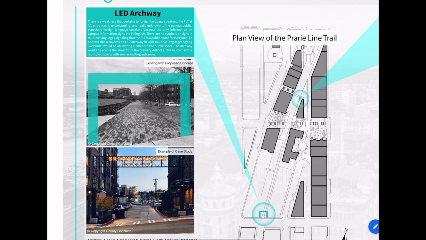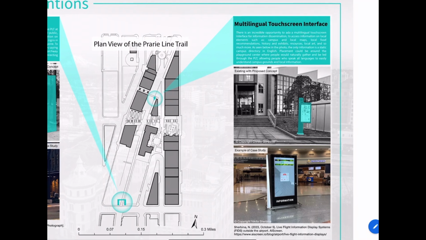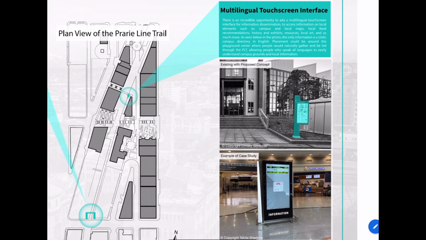To address this weakness, an LED archway lit with multiple languages saying welcome would be an inviting element to the public space. The archway would be across the street from the Brewery District archway, connecting multiple districts with similar inviting entrances. Multilingual touchscreen interface. There is an incredible opportunity to add a multilingual touchscreen interface for information dissemination, to access